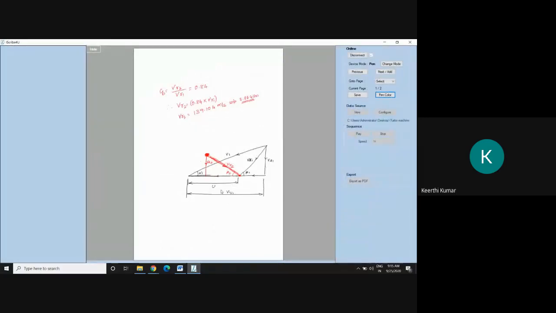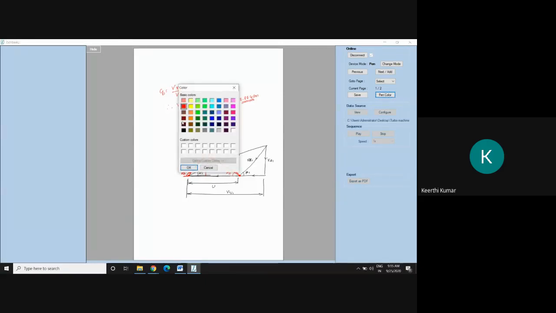VA2 is always vertical. I'll drop it down. Then, to complete this triangle, what is the left out thing in the outlet? The left out thing is V2. So V2 I will join from here to here. So this I'll write as V2, and this is towards the downward direction. And if I measure here, this will become alpha 2. Can you see? That will become alpha 2. Anybody having doubts in this?